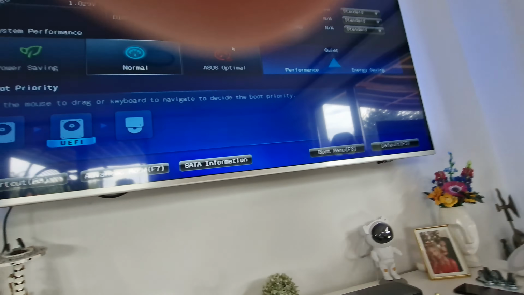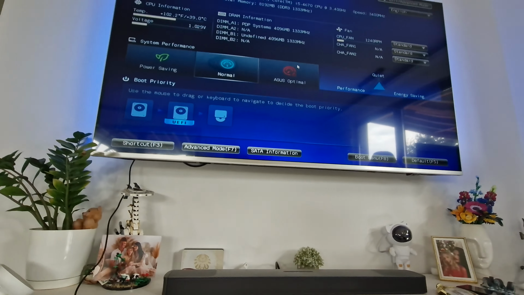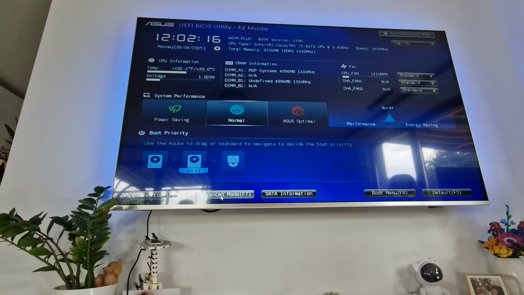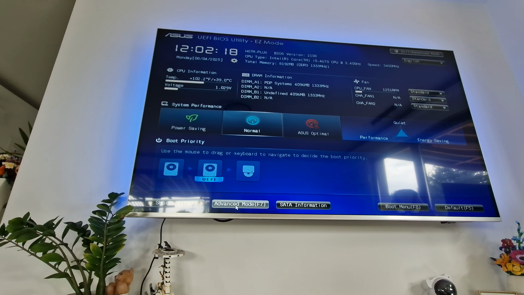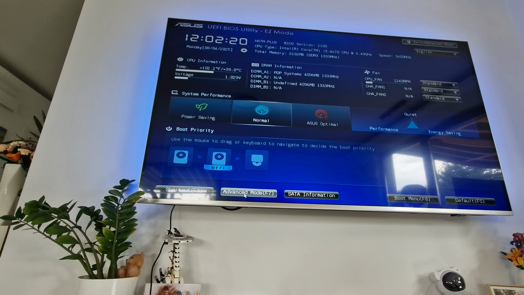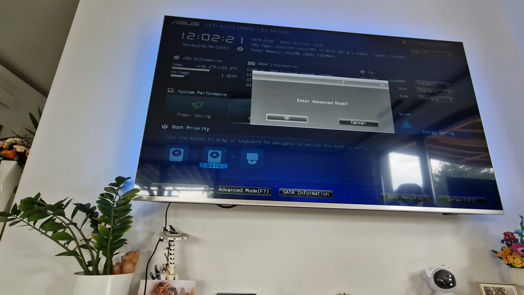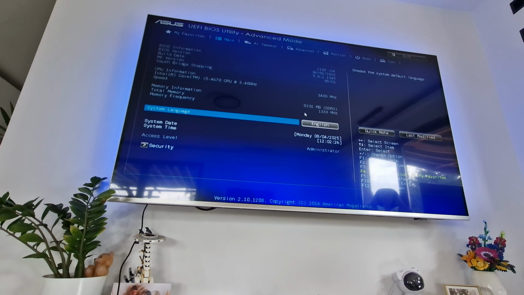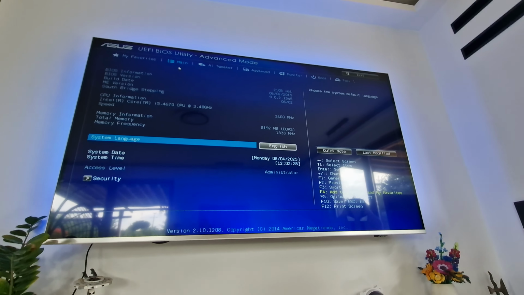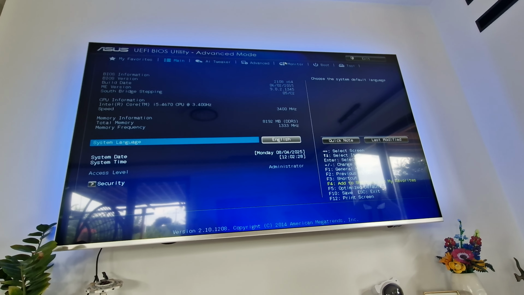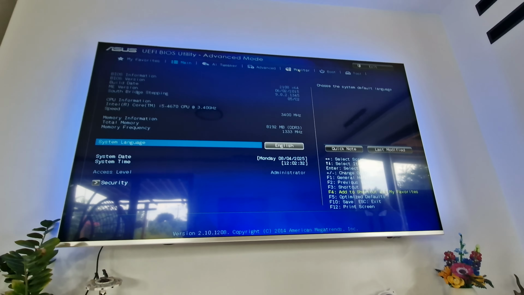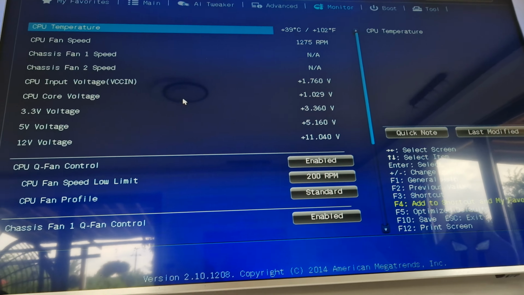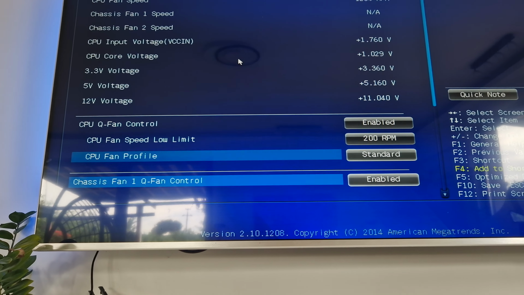After we're in the BIOS, we have to go to advanced mode. Here you can have a different mainboard, but anyway you need to find the advanced mode. So click on it, click OK, and we're going to see the advanced mode. Now in the advanced mode we have to go to the monitor. Here, as you see, there is a monitor, and we have to search